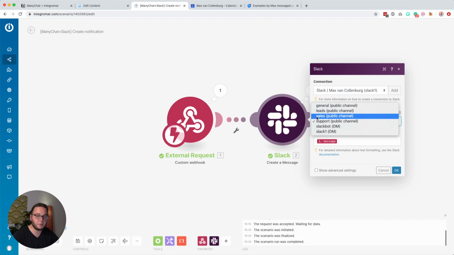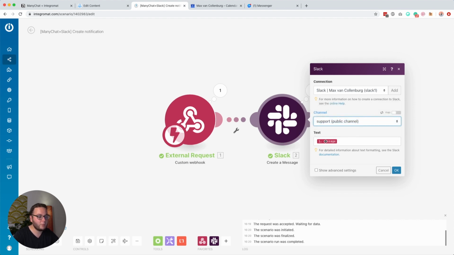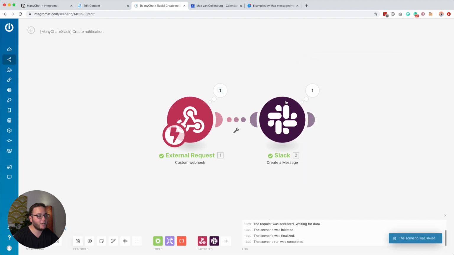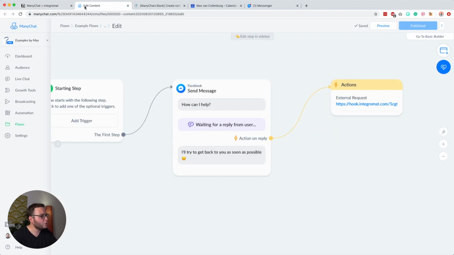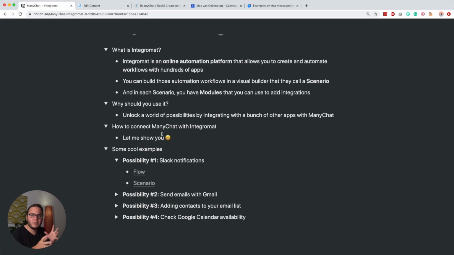So I, for example, also have one for sales. And then I want to use this for support. And then I will just post that message in there. And that is basically that. So that's how you can set that up. I think there's a pretty cool use case in case you do not want to be completely dependent on the live chat, which I think sometimes does not work super great to organize your messages.